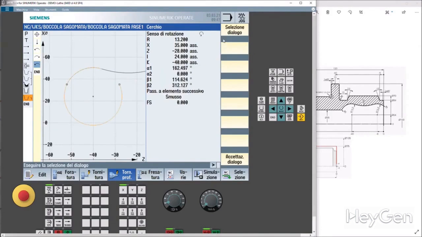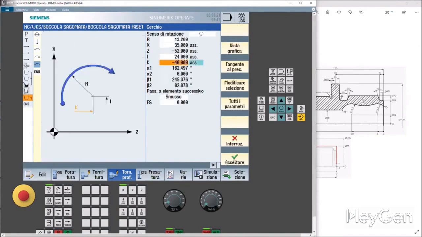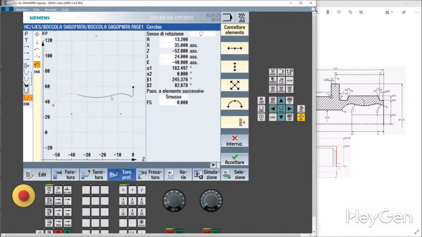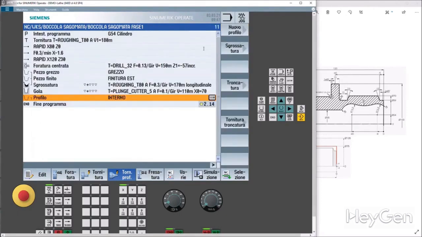Select dialog. Here it is. Done, guys. Accept dialog. Here it is, our profile. You see, I didn't prepare it or think it through. Together with the CNC, it guided me to the correct solution. We accept it. Perfect.